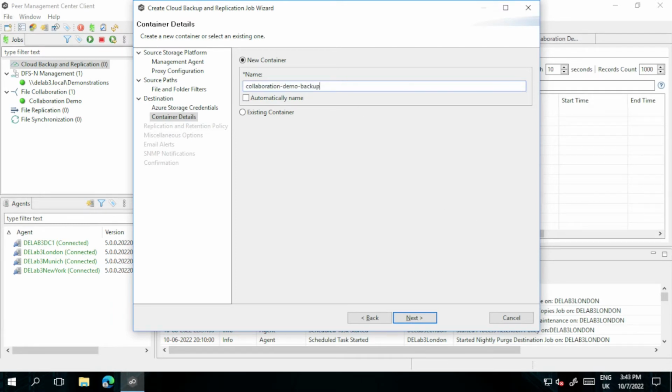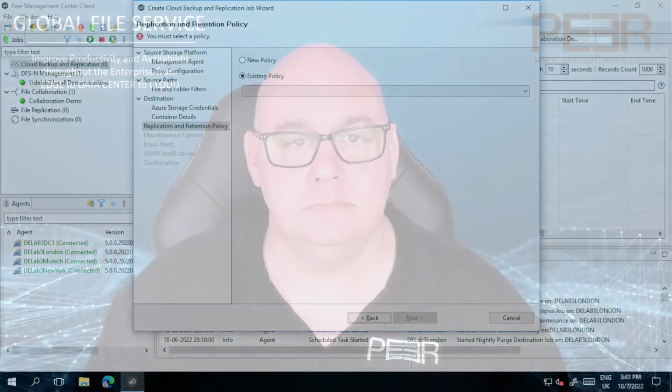Click Next to open the Replication and Retention Policy page. Each Cloud Backup and Replication job must have a Replication and Retention Policy. A Replication and Retention Policy specifies how long you want to retain destination snapshots, how often you want to scan the storage device for replication, or if you want to replicate in real time, whether you want to take snapshots